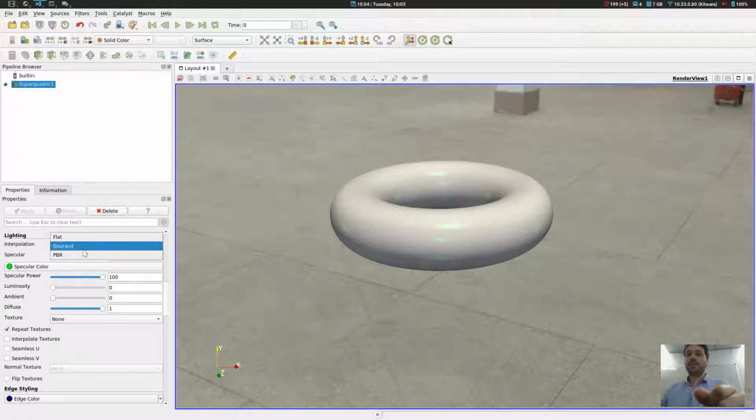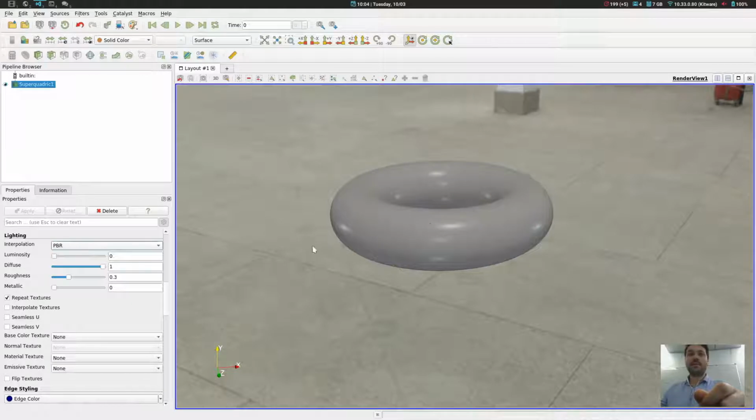So PBR is actually standing for physically based rendering. So when you select it, you can't choose anymore the specular and the ambient properties, but you have two new properties that are called roughness and metallic. And actually, those properties will compute all the diffuse and the specular contribution automatically based on those properties.